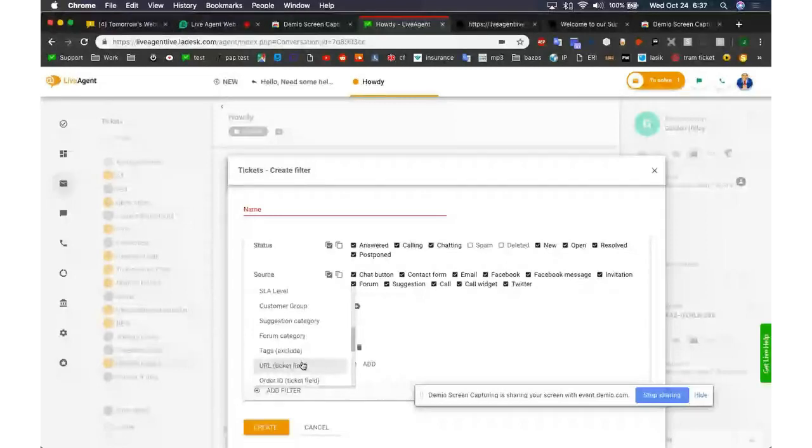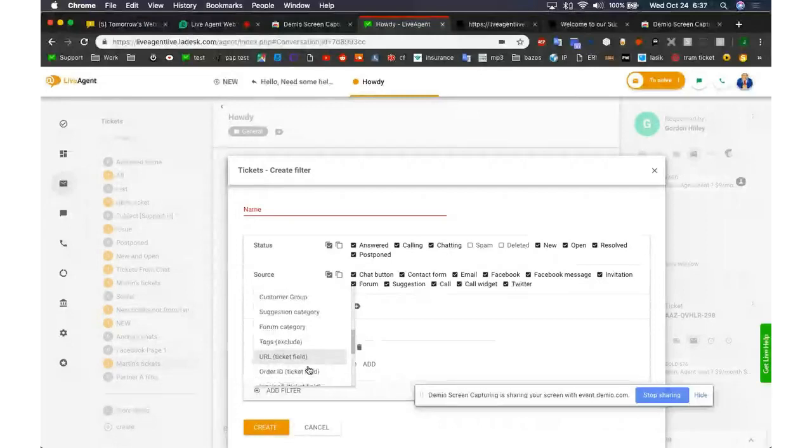And these are infinite because you can create as many custom ticket fields or custom contact fields as you want, and then use them within these custom folders. So if you're going to create a contact form and fetch, I don't know, whatever kind of information about a customer, some kind of order ID, you can use that for filtering. And you can create as many of these filters as you'd like, combine them, and then